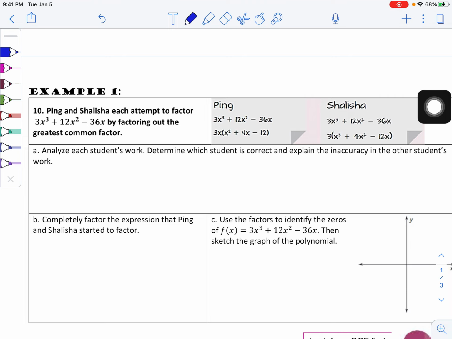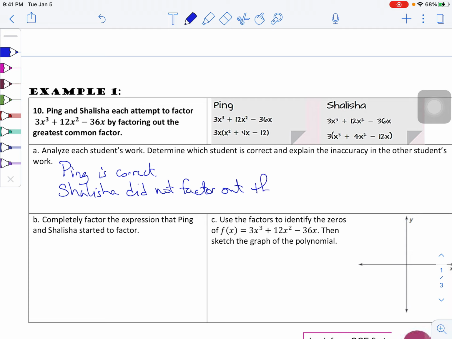So determine which student is correct. All right, let's start there. Ping is correct. Okay. Explain the inaccuracy in the other student's work. Celicia did not factor out the common x from each term. So it's not that the 3 was incorrect, it's just that 3 isn't enough to be considered the greatest common